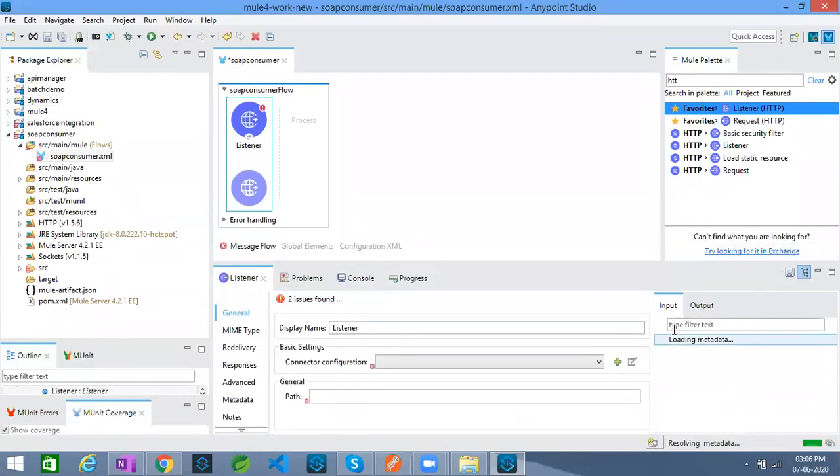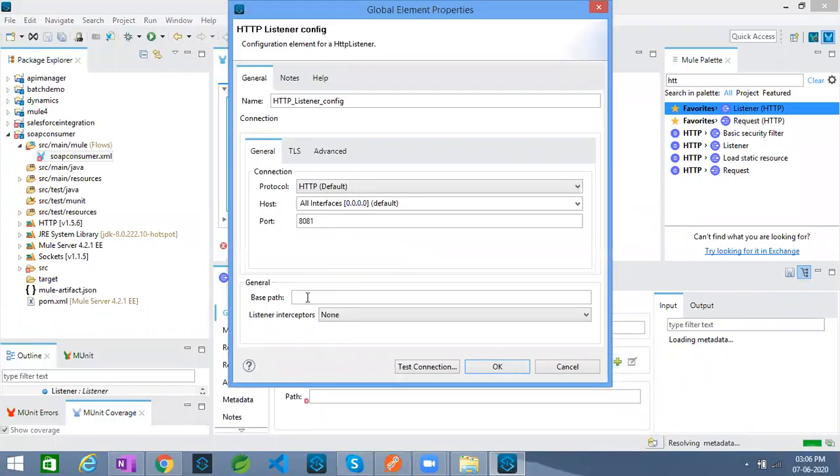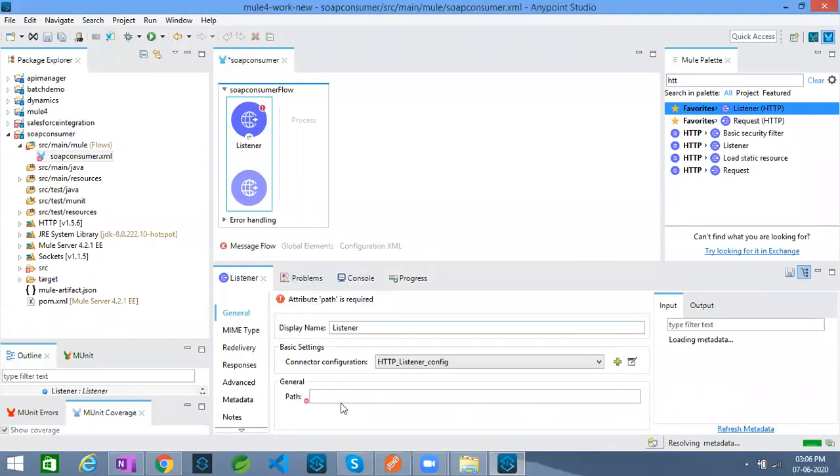Base path and path are the mandatory attributes. For this example, I'm going to take the base path as SOAP, and the path is going to be add, since I'm going to invoke the add operation.